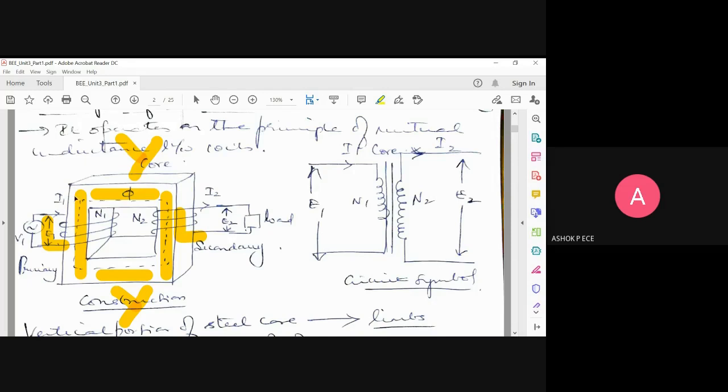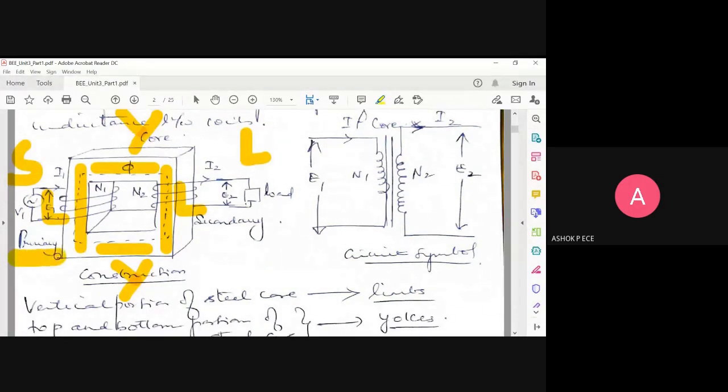And here you can see there are two limbs. So in one side of the limb, I'll be giving the input. In the other side of the limb, I'll be connecting my output or I'll be connecting my load. You see, one side I'll be giving my source, one side I'll be having my load. Okay, whenever you connect the source, that terminal is called as primary of your transformer. Whenever you connect your load, that portion is called as secondary. So this terminology is always remember, don't forget it.